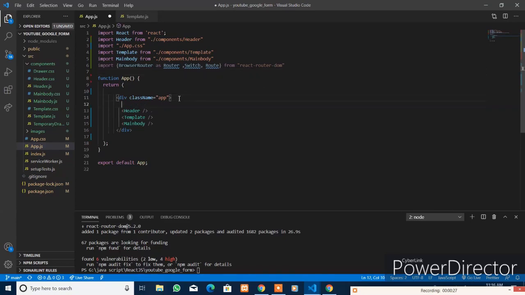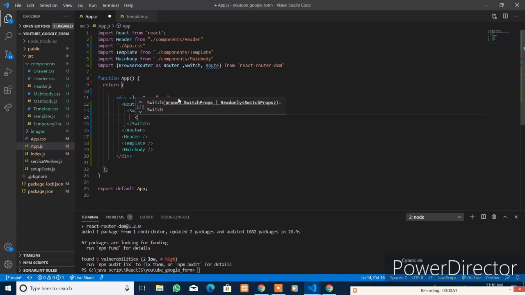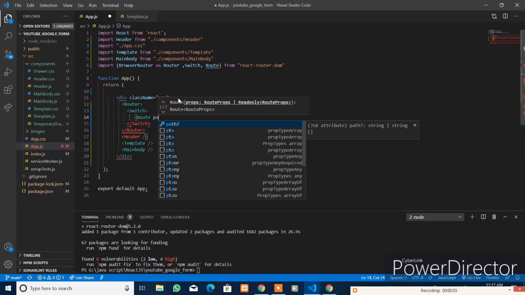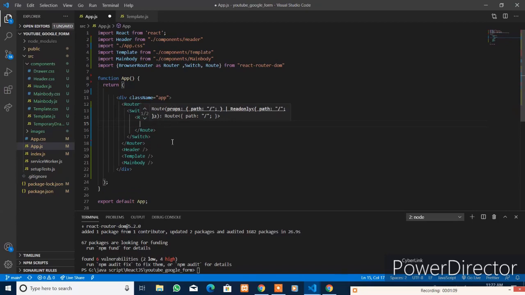Inside the div element, you open Router, and here you specify the Route with a path. Since the first page will be the home page, I will type only /, and you complete the Route tag.